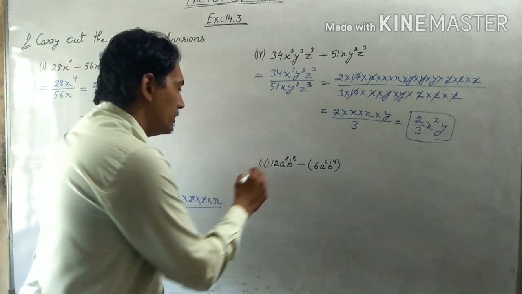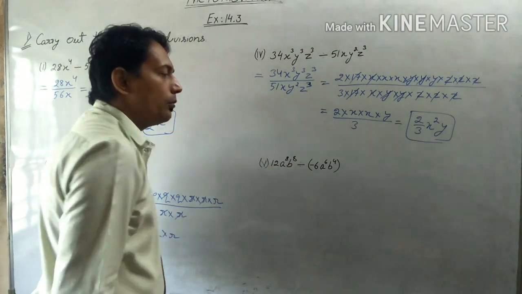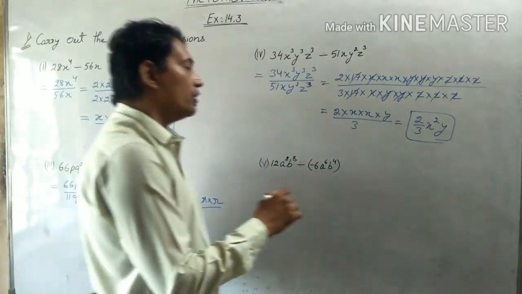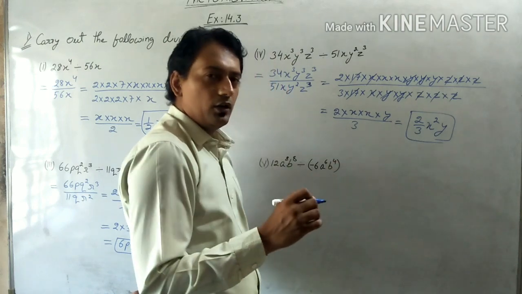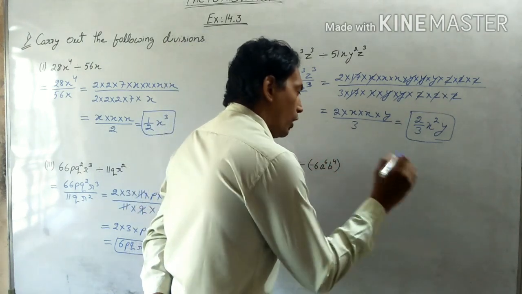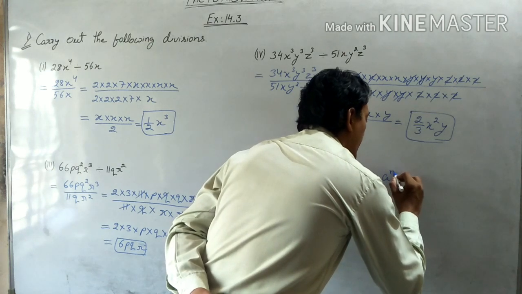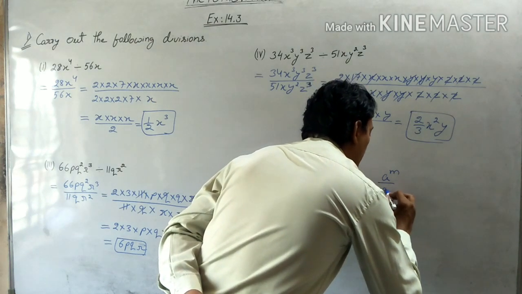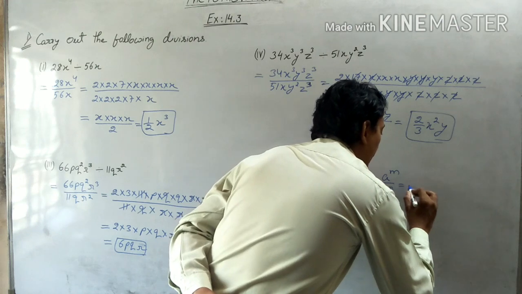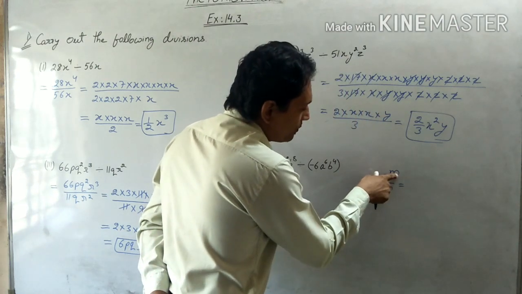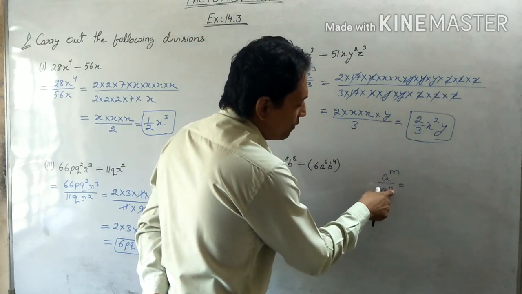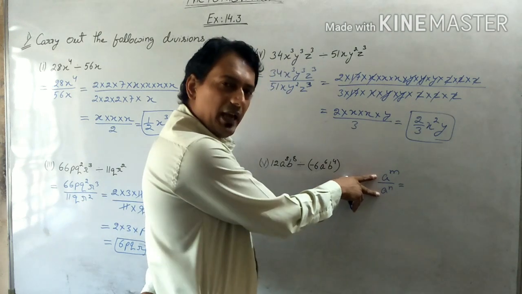One more we have, this expression, but students, before we learn this expression, do you remember the laws of exponent? There was one law in the laws of exponent which we learned, like a raised to m divided by a raised to n. It can be written, because you know this is the exponent, the power, this thing is known as the exponent, and the a is known as the base.